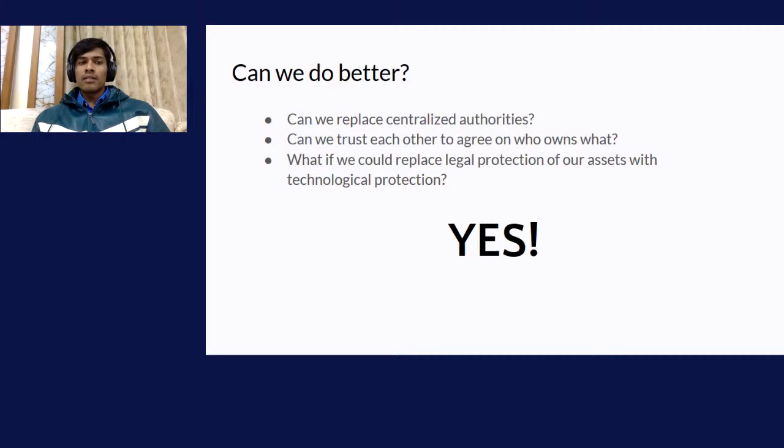There's this economy, like the financial network and economy, and all of that is protected by the laws that are in place, right? And those have to be enforced. But what if you could define a technology that allows you to write the laws in code, and because that is written in the code, it cannot be tampered with. So yes, we can do better.